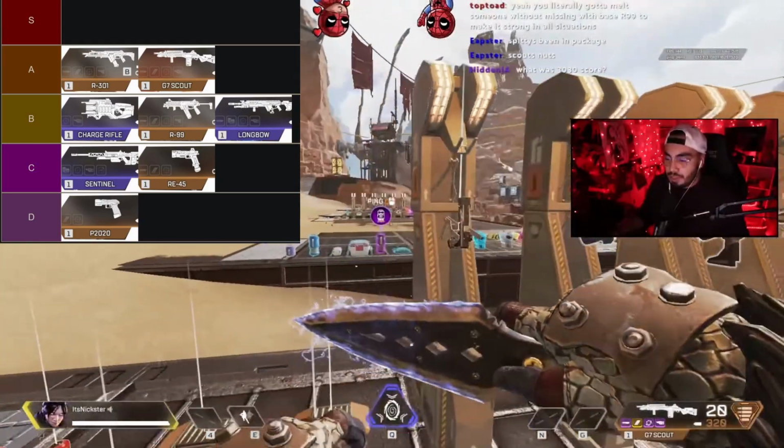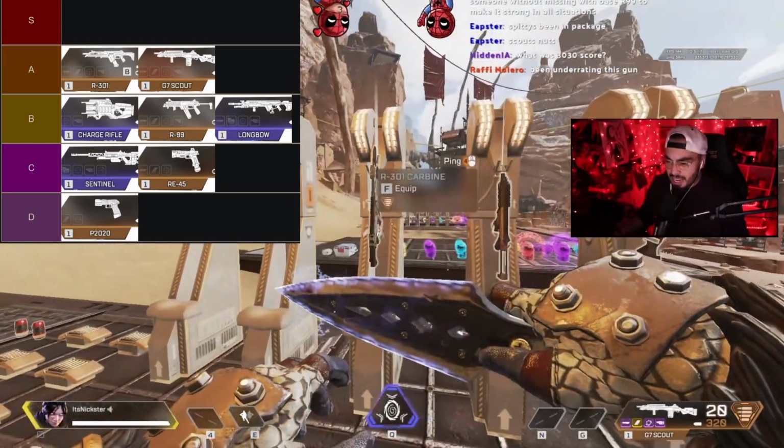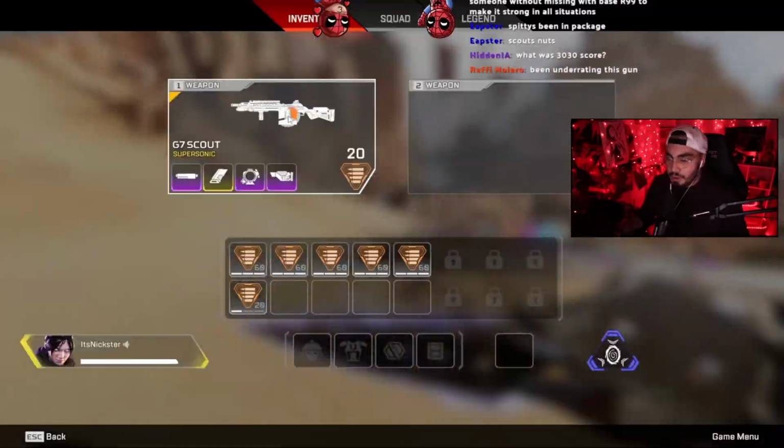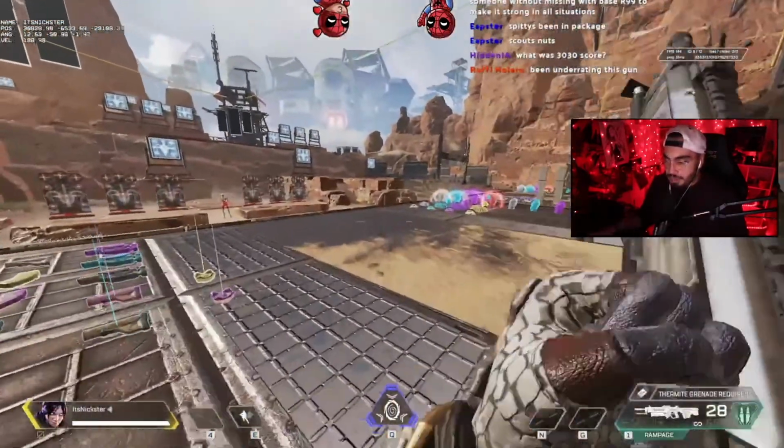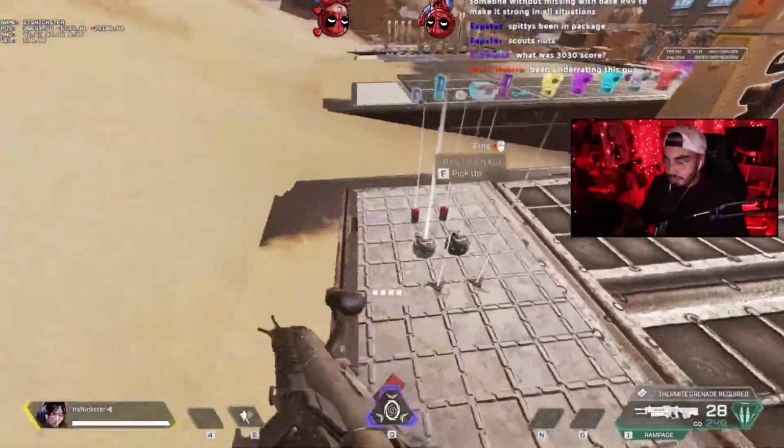That's my conclusion for the light weapons. C tier, D tier, A tier, B tier, A tier. Moving on to the heavy weapons. Let's go. Rampage. I'm putting the Rampage in